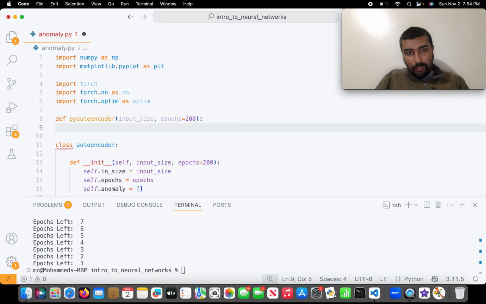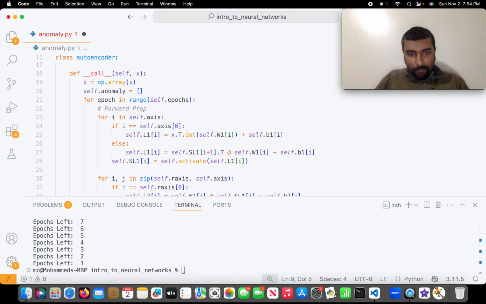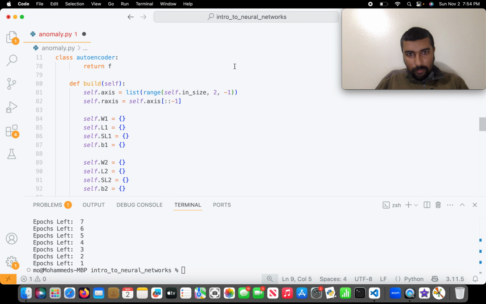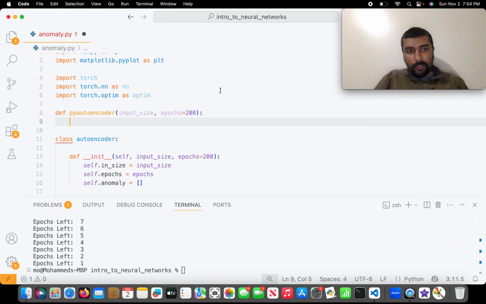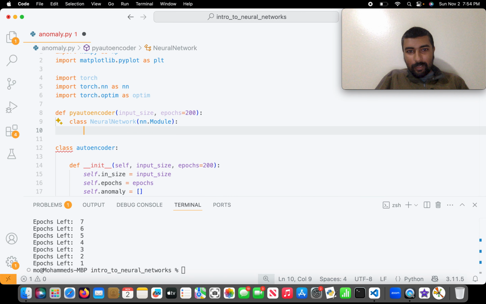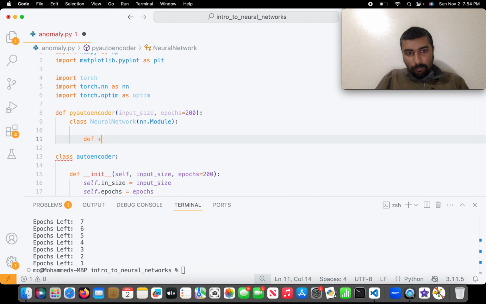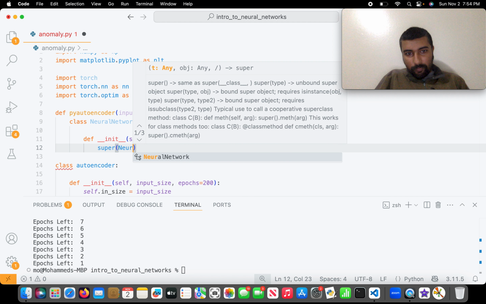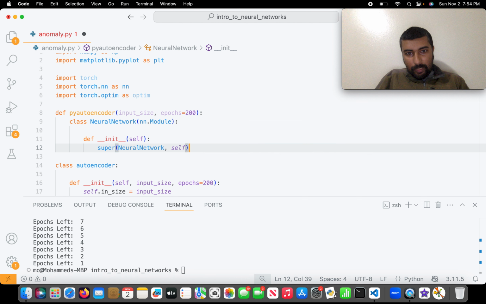So wait, how far do I do this down to? I do it down to 3. So yeah, there will be 3. So this will be class NeuralNetwork inherits Module. I know, a class within a function sounds crazy, but I do it. And then initialize it. So it takes no arguments, but this is going to be super of NeuralNetwork self.__init__,